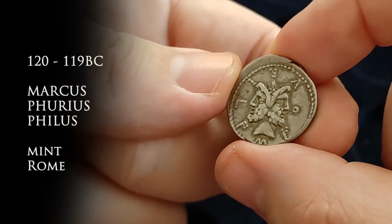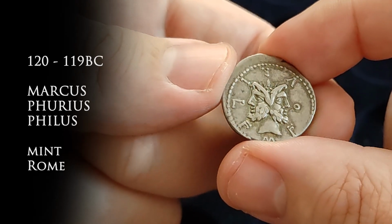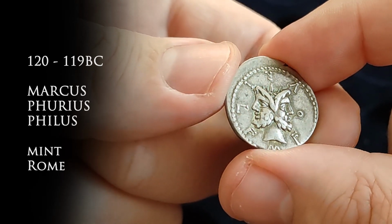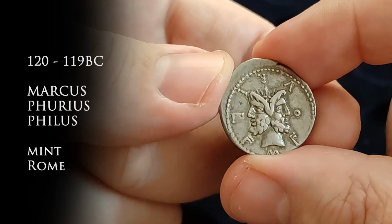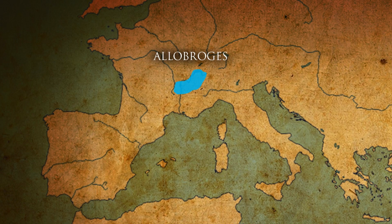This time we take a break from the self-propaganda of mint officials, and instead we have a coin celebrating a military victory over Rome's enemies. This particular one was struck in 119 BC under Marcus Furius Filius, and celebrating a victory over the Allobogres tribe,